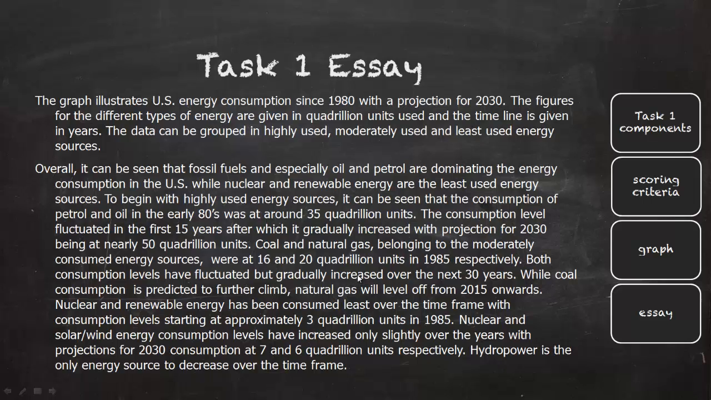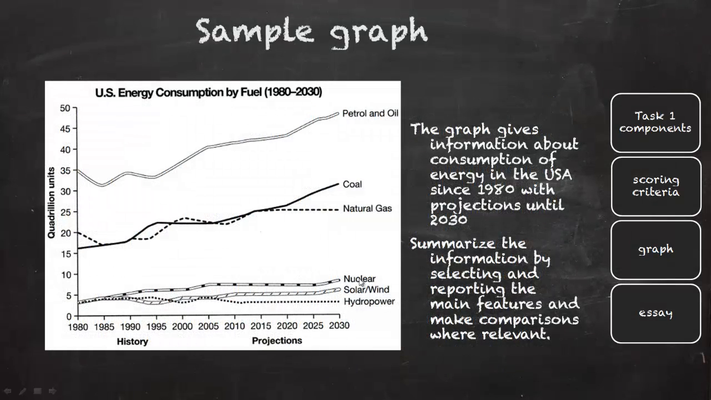While coal consumption is predicted to further climb, natural gas will level off from 2015 onwards. To level off means that it is not going to change. It's going to remain stable. So this is what I showed you earlier, that here the figures are leveling off. There's no change. It's just a straight line that's leveling off. Okay. Now,